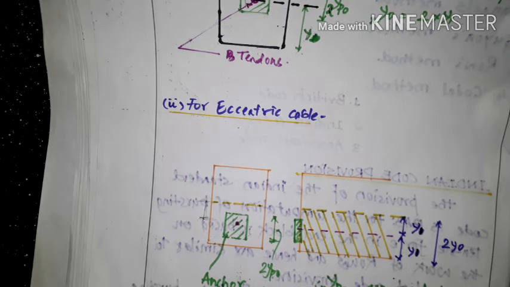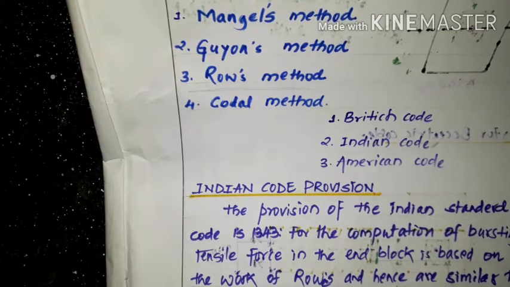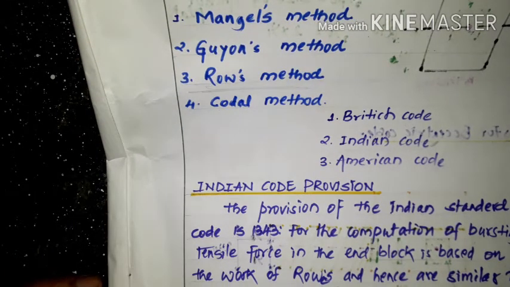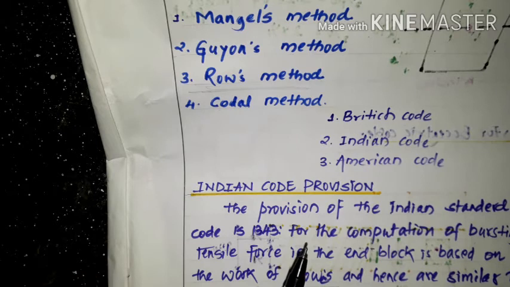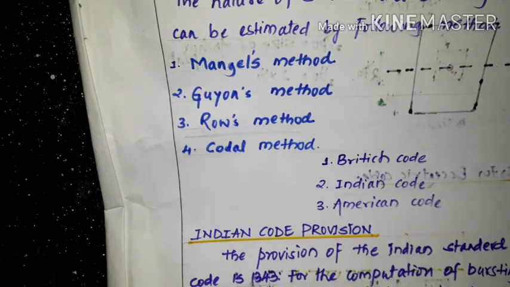Before that, let us go through the bursting force. So what is bursting force here? The bursting force arises when the cable is pulled and anchored at the ends; the cable tends to contract elastically, and the prestressing force P gets transferred to the concrete beam and develops a compression force. This causes high localized stresses in the ends of the beam near the cable anchor.